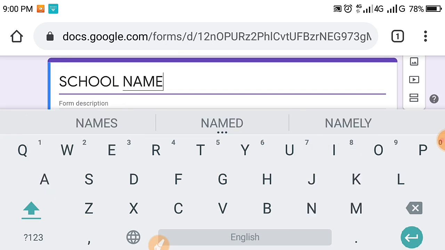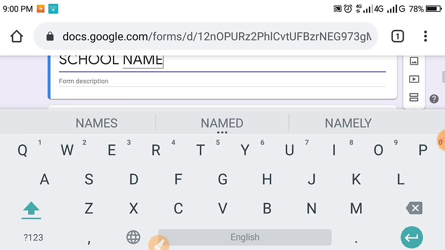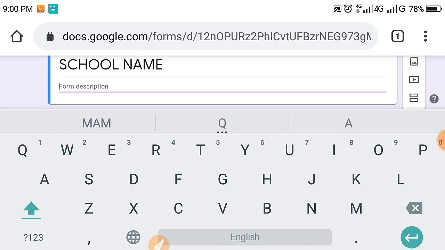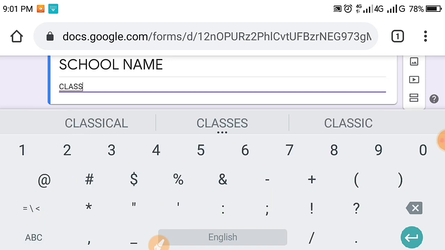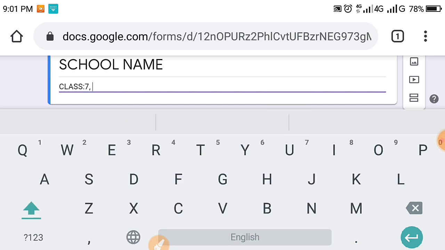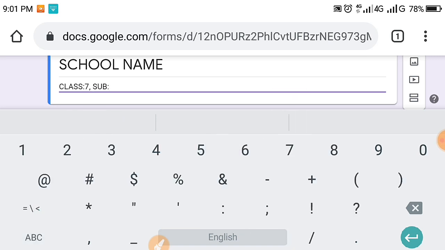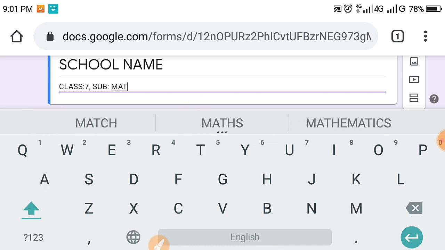And in the description of the school name, I am writing the description of my paper, that is class 7, then subject maths, and maximum marks 20.